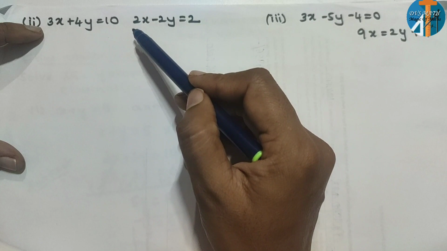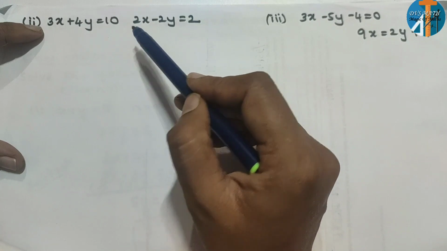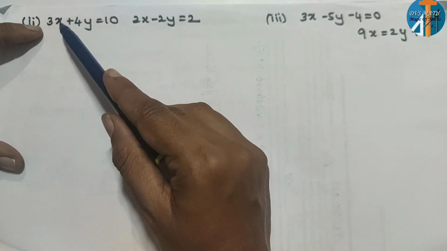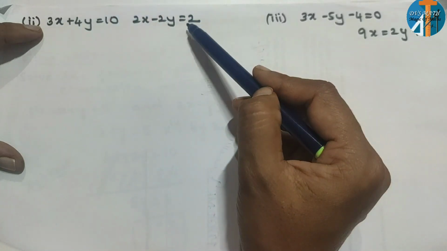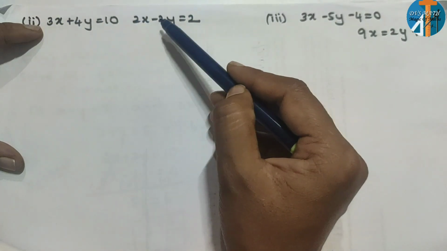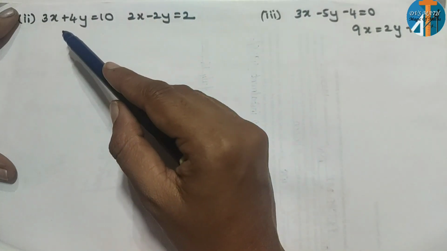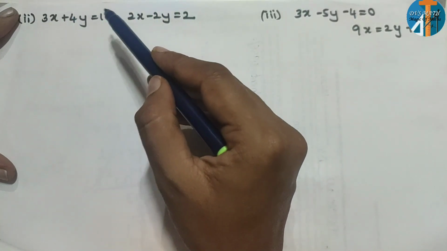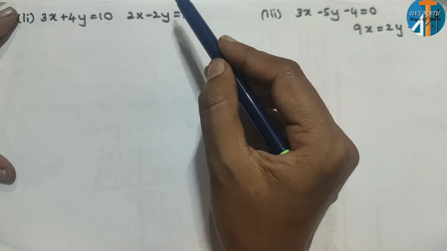So here, what is a common multiple for 2 and 3? 6, right? So at that time, what do you have to do? You have to multiply 2 for this equation. You have to multiply 3 for this equation. At that time, 3 2s are 6, 2 3s are 6. Instead of that, let me check for the y variable. So let me check for the y coefficient.